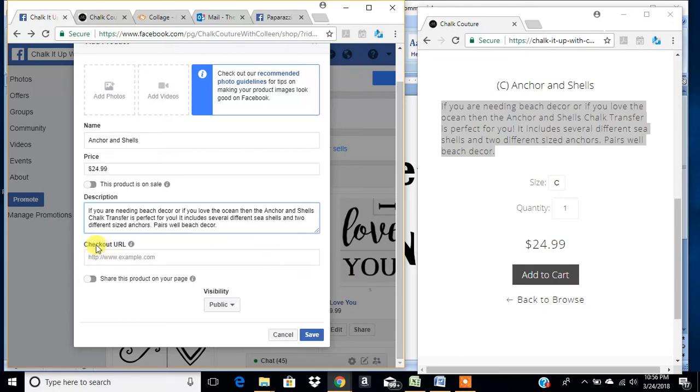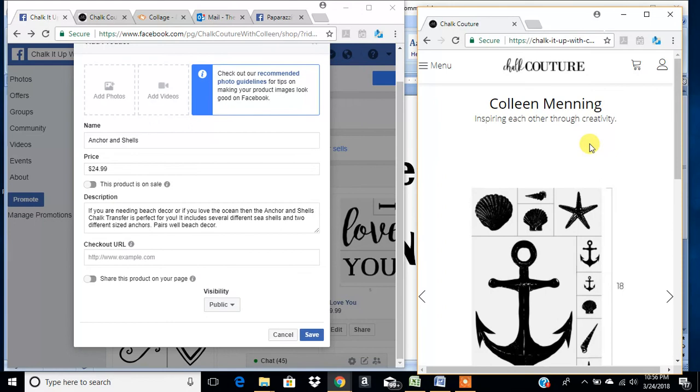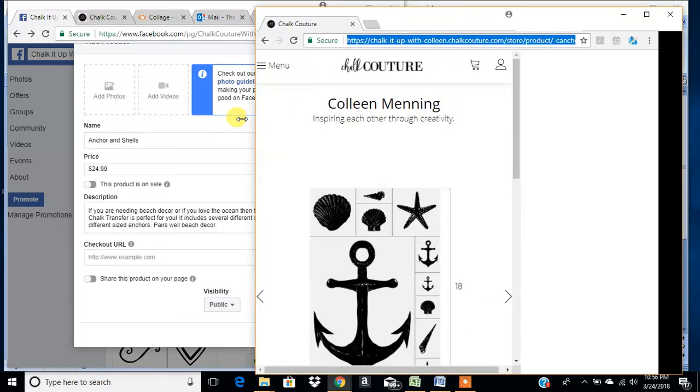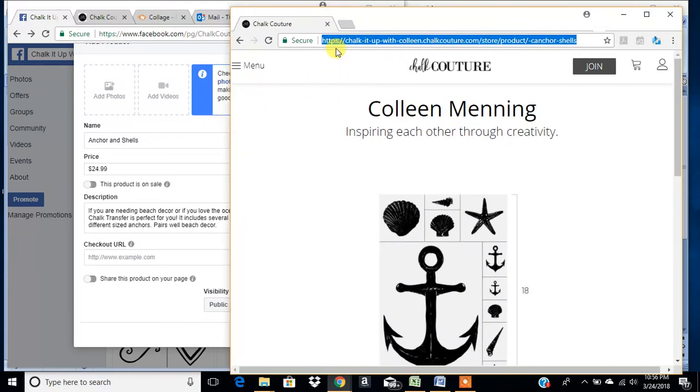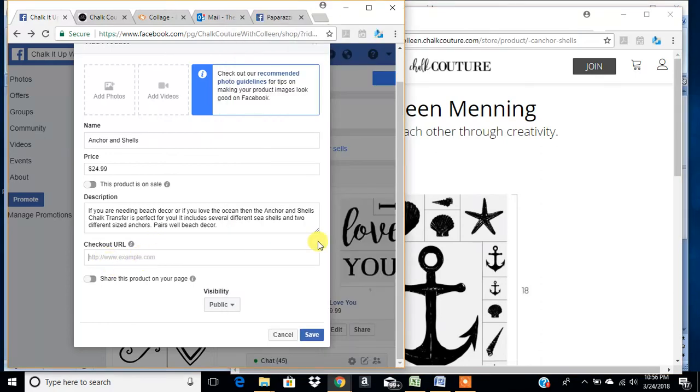Okay, so after you put your description in, you're going to do your checkout URL. This is where you copy your URL up here. You just highlight that, and again, Control C or right click, and you're going to paste it right in there,